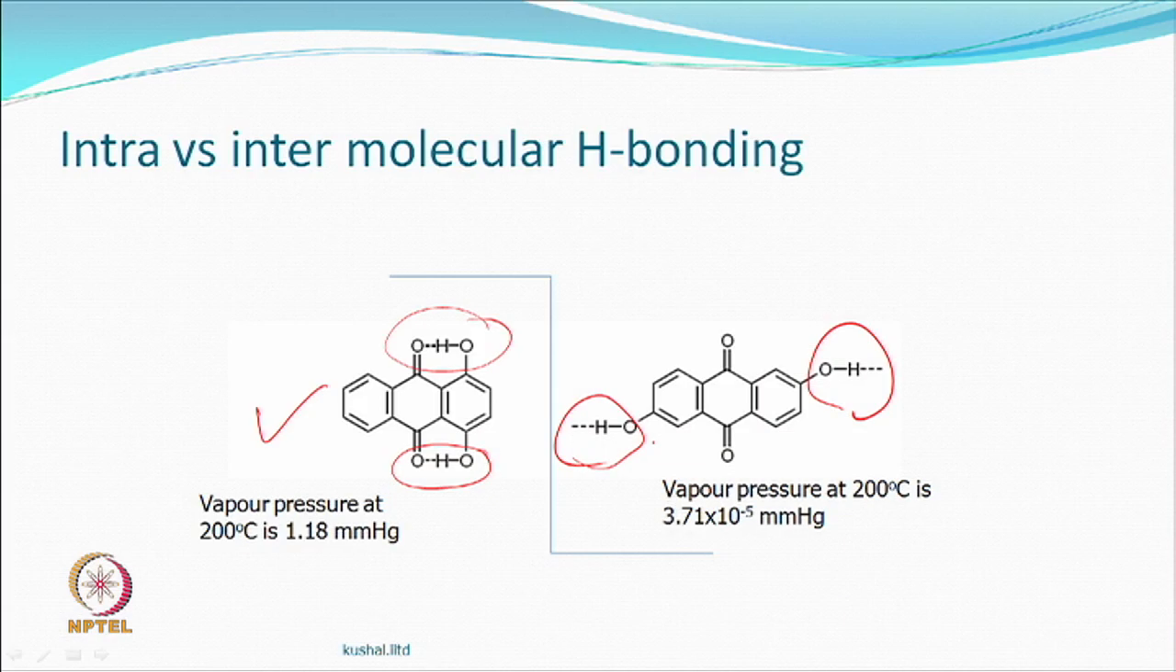But see the interesting part: at a given temperature, let us say 200 degrees centigrade, in one case the vapor pressure is 1.18 millimeter of mercury, right. In the other case, it is 3.71 times 10 raised to minus 5. You see what the difference we are talking about? Which order are we talking about? A small little change can actually make such a big change